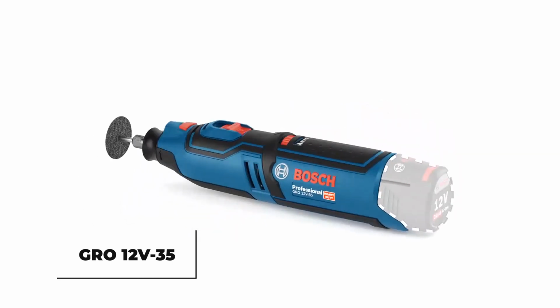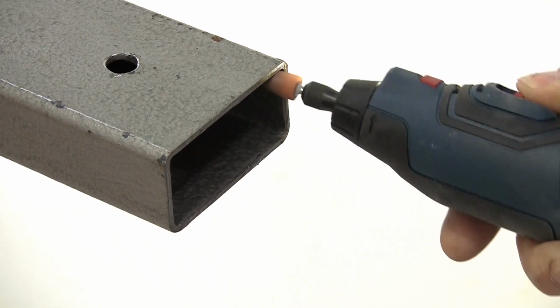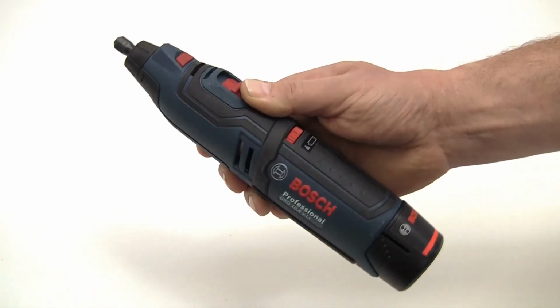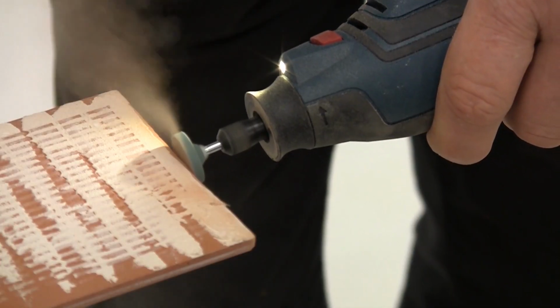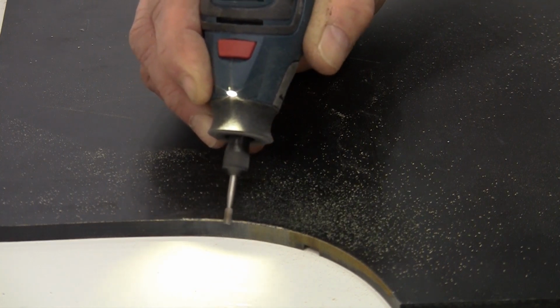12V-35 rotary tool is designed with professionals and serious DIY enthusiasts in mind. Powered by a 12-volt battery, this tool offers variable speed control from 5,000 to 35,000 RPM, giving you the flexibility to tackle a wide range of tasks. From sanding to engraving, the compact and lightweight design, weighing only 0.44 kilograms, makes it perfect for extended use without